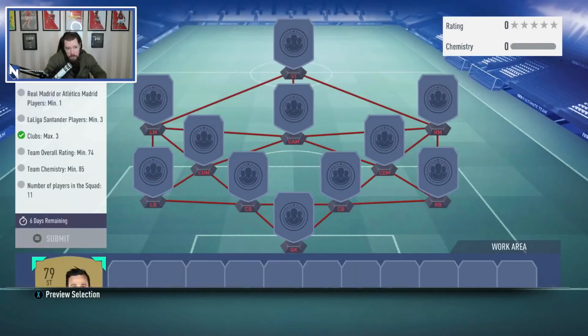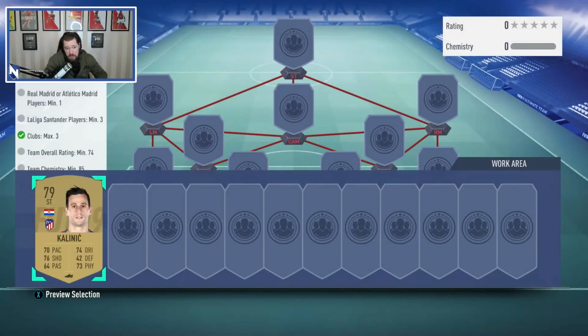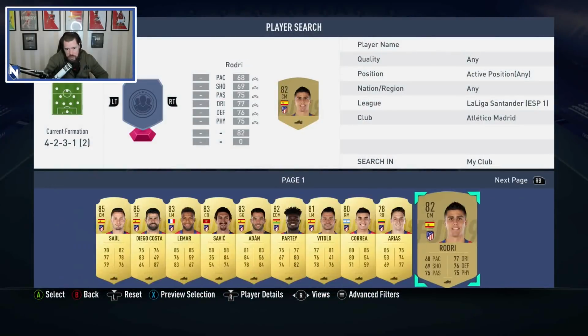So 74 rated minimum. So I'll probably go for a full gold squad here anyway. 85 chemistry, 3 La Liga players... Maximum of 3 clubs. Now that is interesting. That is really interesting. What we're going to do, guys, is we're going to take...